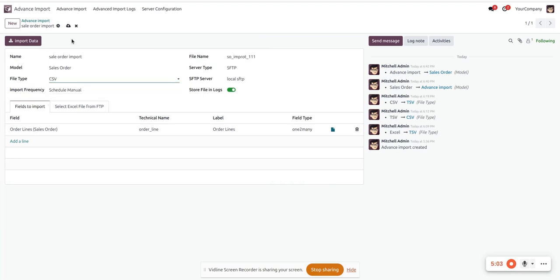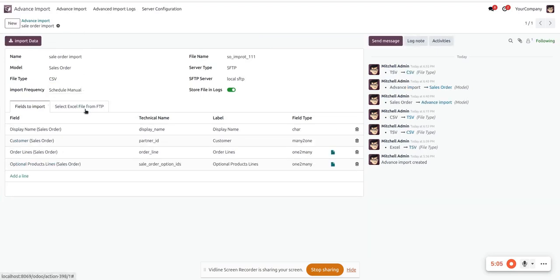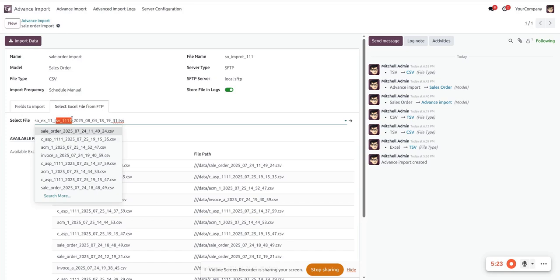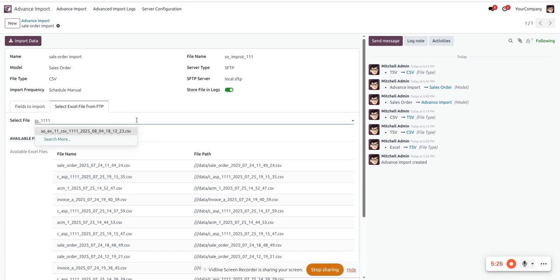I will select CSV. Here is the file. So when I click on import data